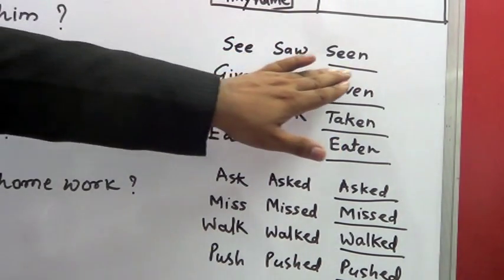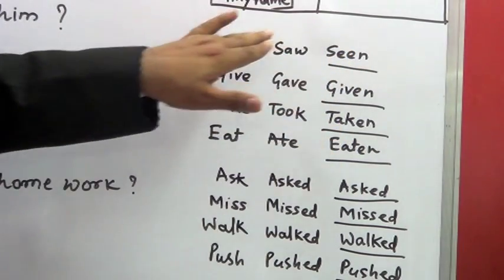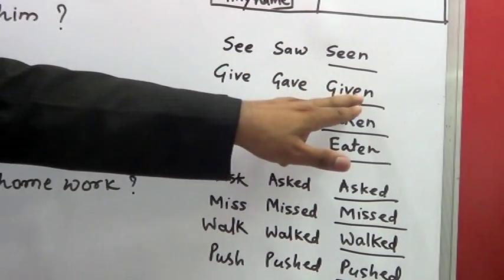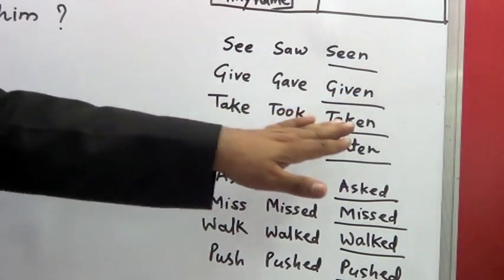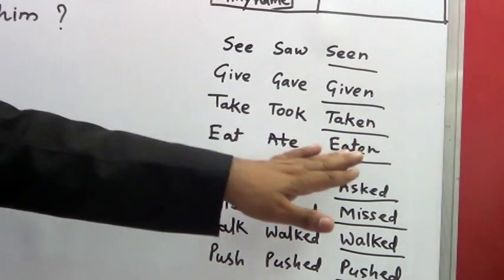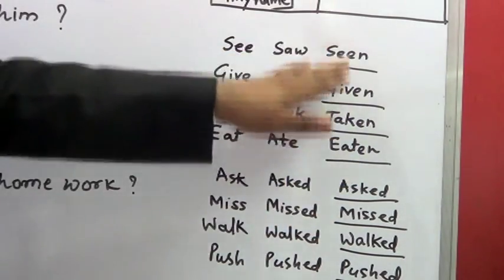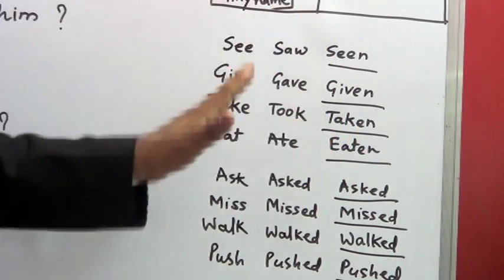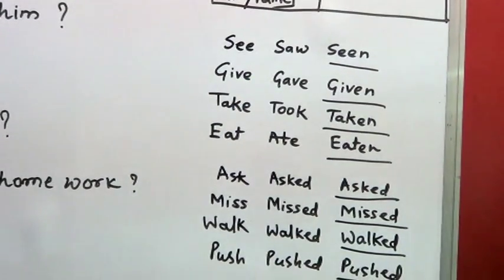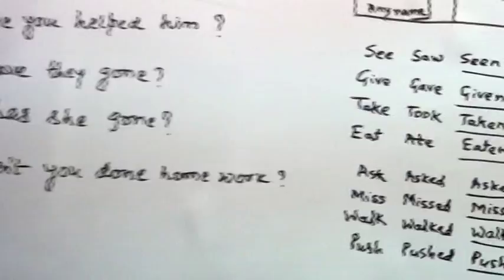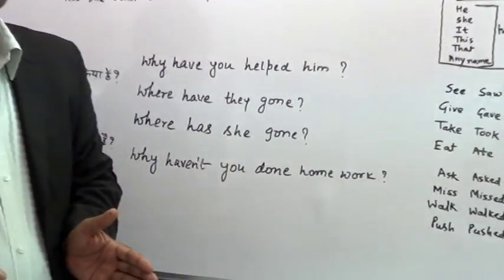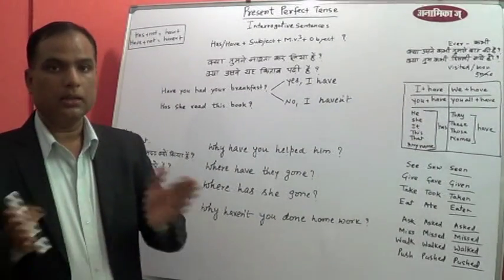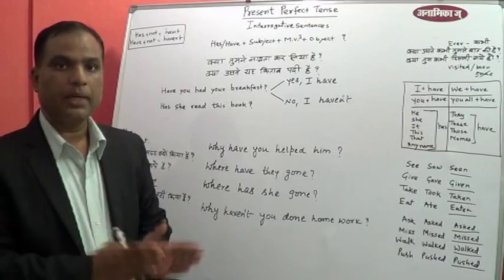So you need to remember the third form of this irregular verb. Similarly, give changes to given, take becomes taken, eat becomes eaten. So always remember this third form of these irregular verbs so that the correct sentence, whether it is positive or negative or any interrogative, can be made. So with the help of that, I'm sure we can make a correct sentence using present perfect